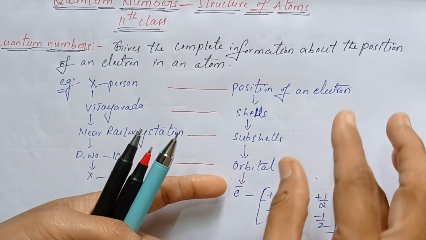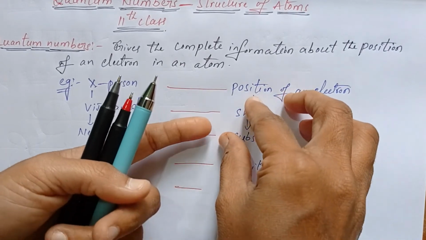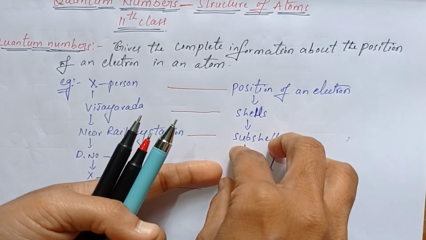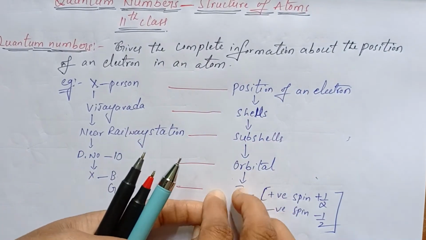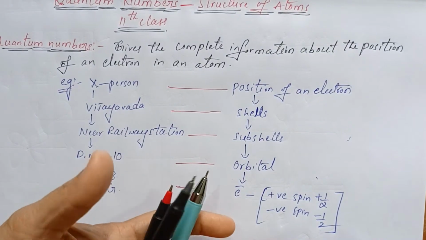Are you clear this one? So first of all, shells will be there. In the shell, subshells; subshells contain orbitals, orbitals contain electrons. Now see, students,